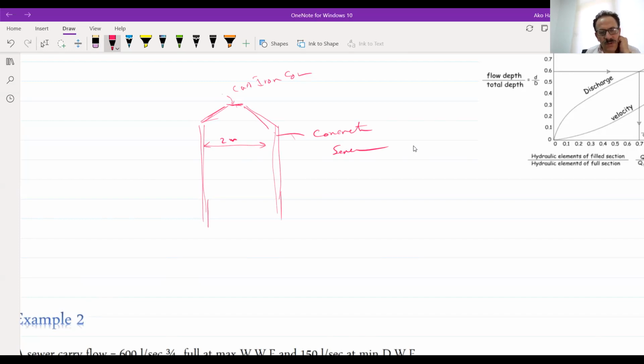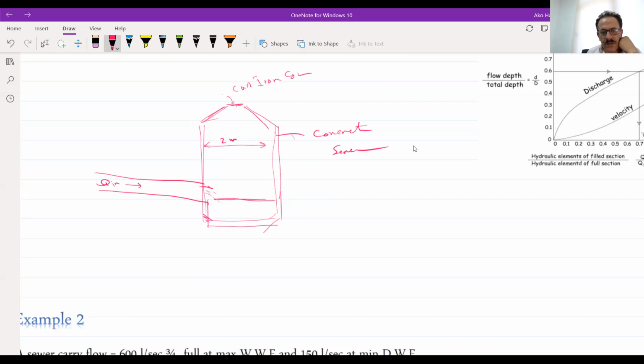Now, in the bottom of these manholes we have a shape like this. This is the incoming pipe, the flow Q coming from the upstream manholes. The wastewater will come here and be collected in this way.